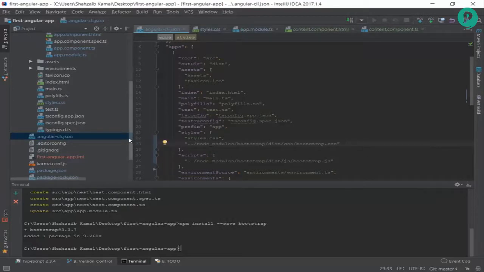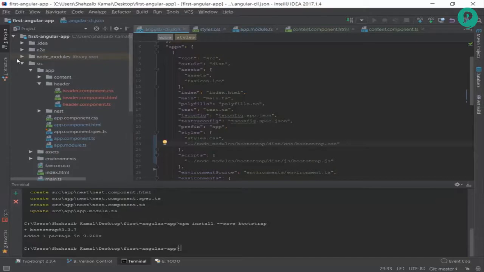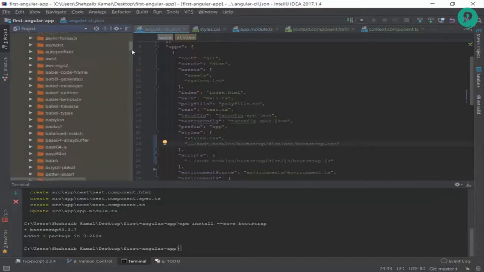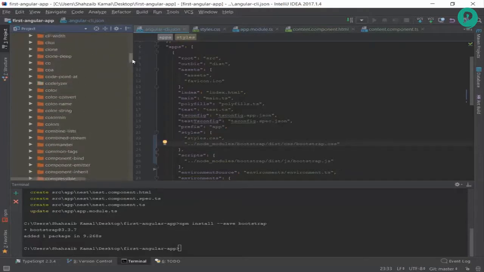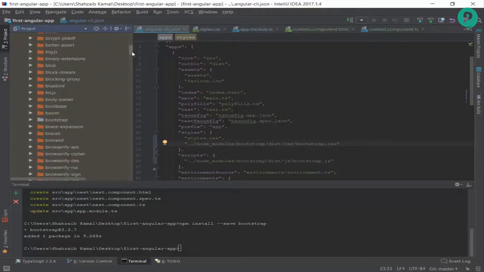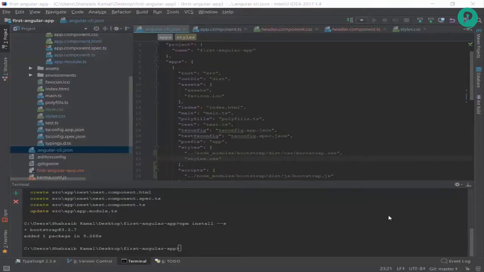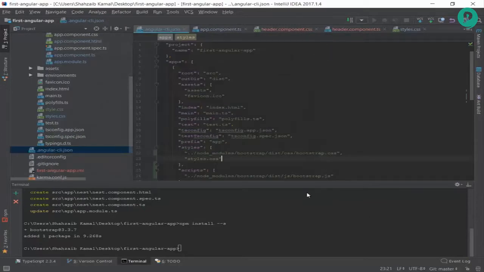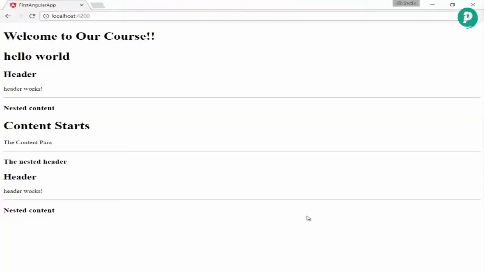I'm just going to go back to the folder, node modules, spelling is correct, and there is a bootstrap folder. I've got it, bootstrap. Oh, I found the reason actually. The problem is we're just adding a new style file, and for this we just need to close the server. Now we just go to the browser. You will be seeing, if you refresh that,